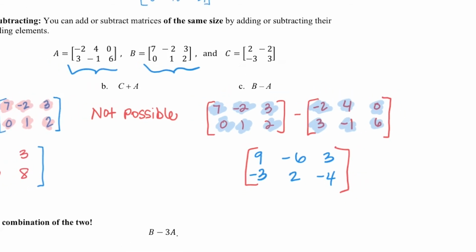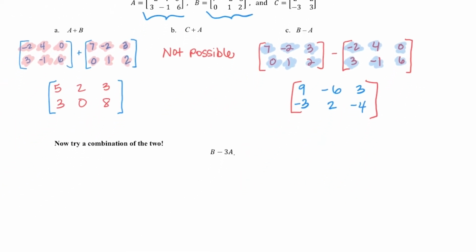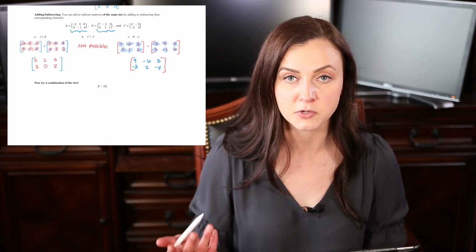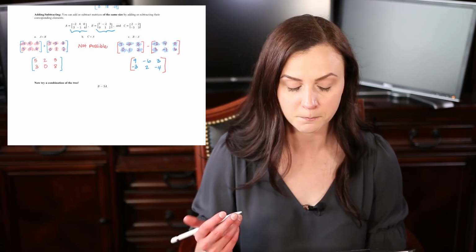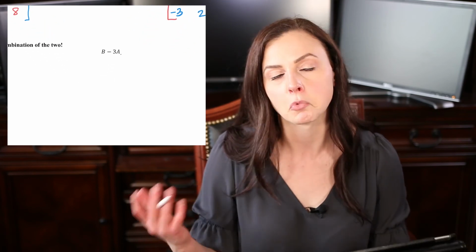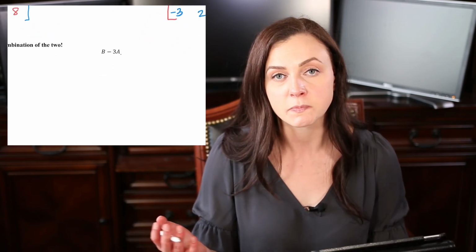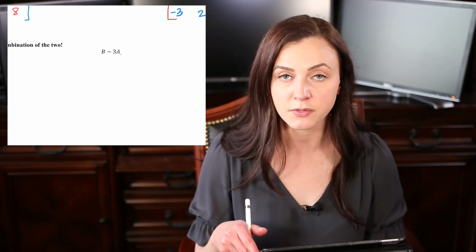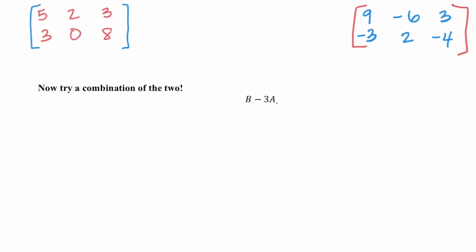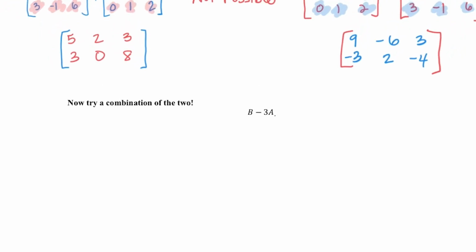Now the last example I have for you is just a combination of the two. So there's scalar multiplication, and then there's also subtraction. So we're going to put them together. The way to do this is just order of operations. So because there's multiplication in there with the 3, we'd want to do that first and then the subtraction. So 3A is 3 times this matrix A,